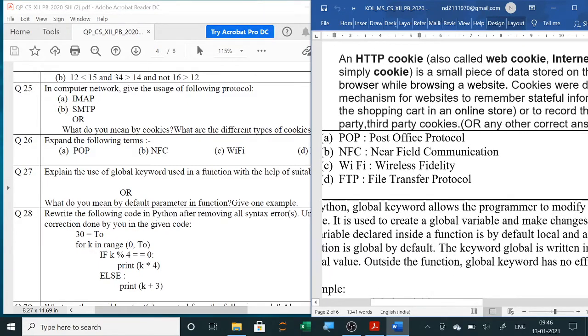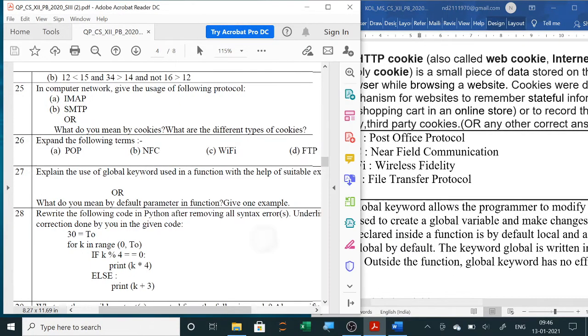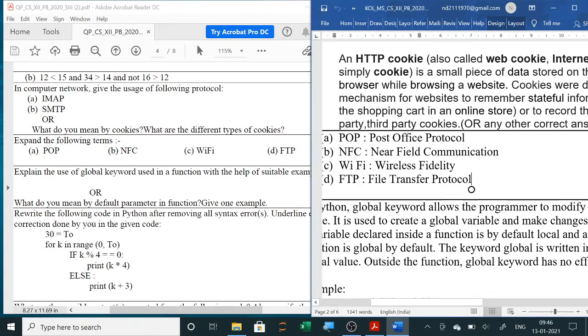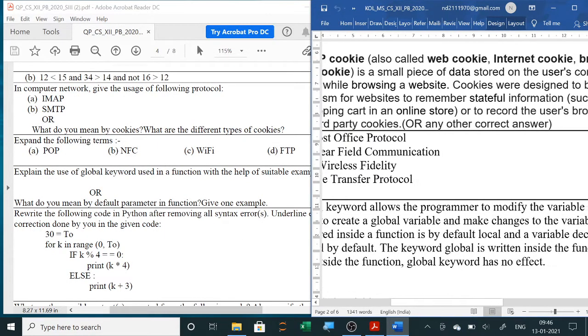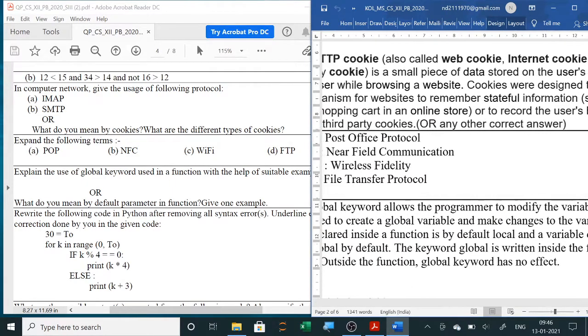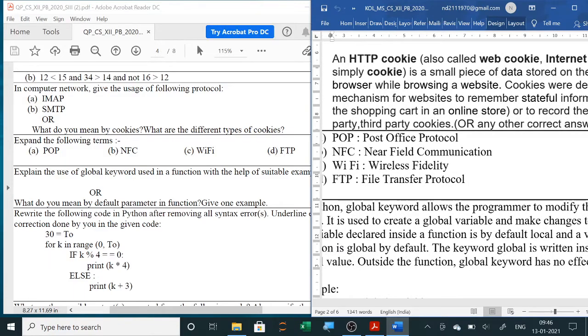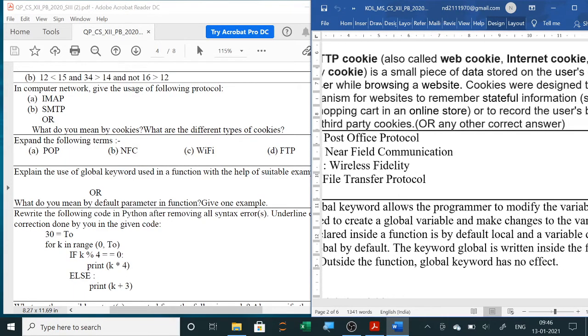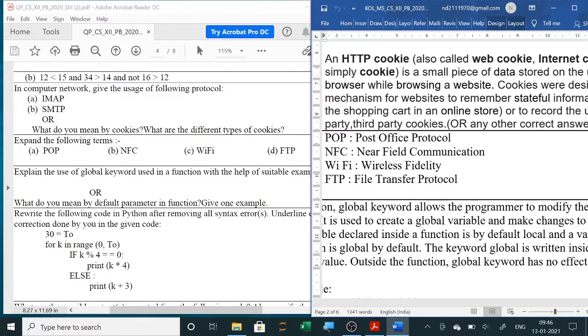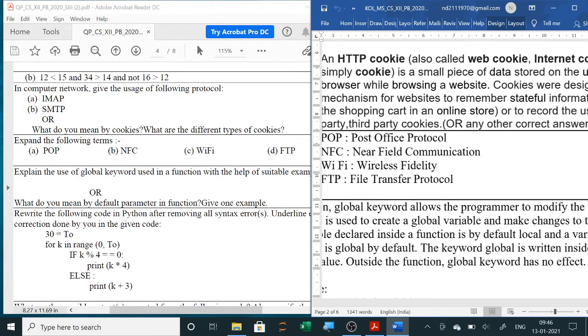Now next is, what do you mean by cookies? What are the different types of cookies? Now cookies: an HTTP cookie, also called web cookie, internet cookie, browser cookie, or simply cookies, is a piece of data stored on the user's computer by the web browser while browsing a website.